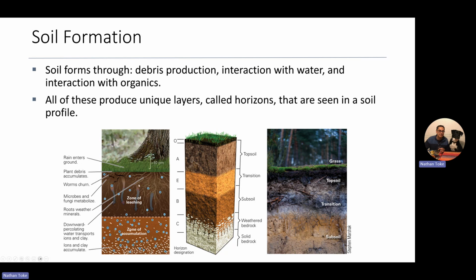Roots might release a bunch of organic acids to help dissolve and break down some of the mineral products in the soil, so they can take it up maybe for some biological process, but also more water coming from infiltration of rainwater from above might help to percolate and dissolve some of that leached mineral matter down below. But it usually doesn't get all the way down deep into the earth, just a little bit further down to what's called a zone of accumulation. And so stuff that's been leached moves down due to water and eventually accumulates in this zone of